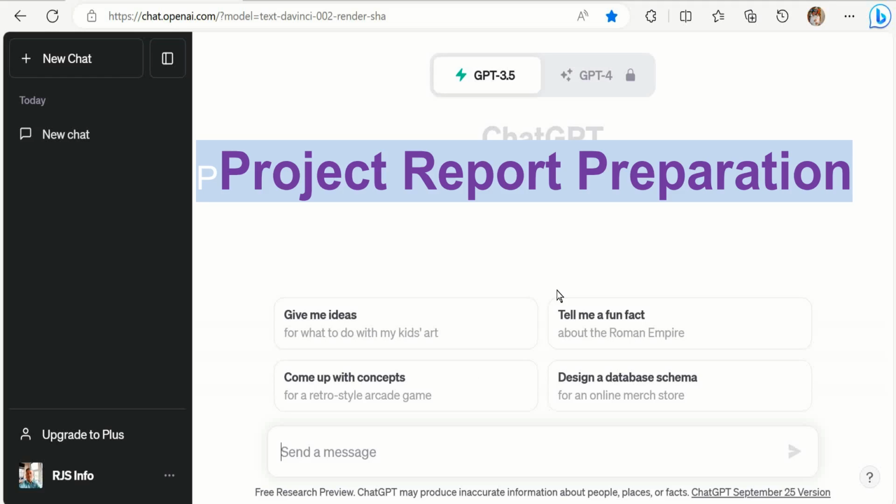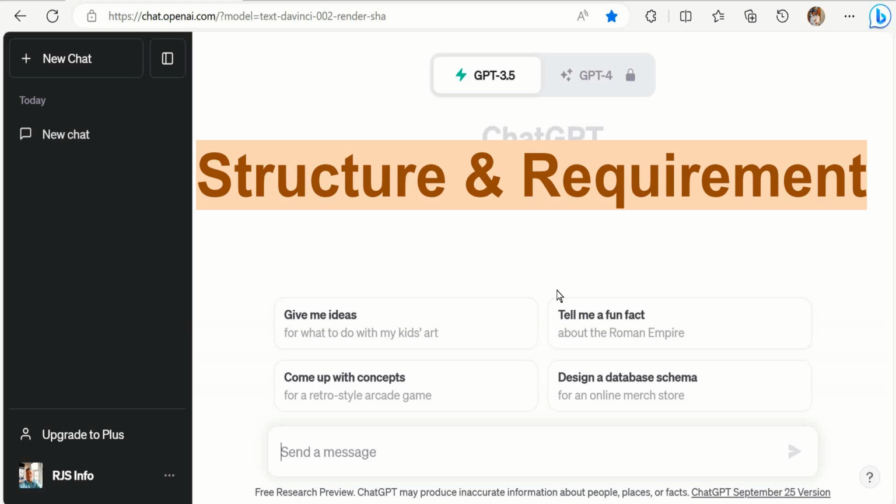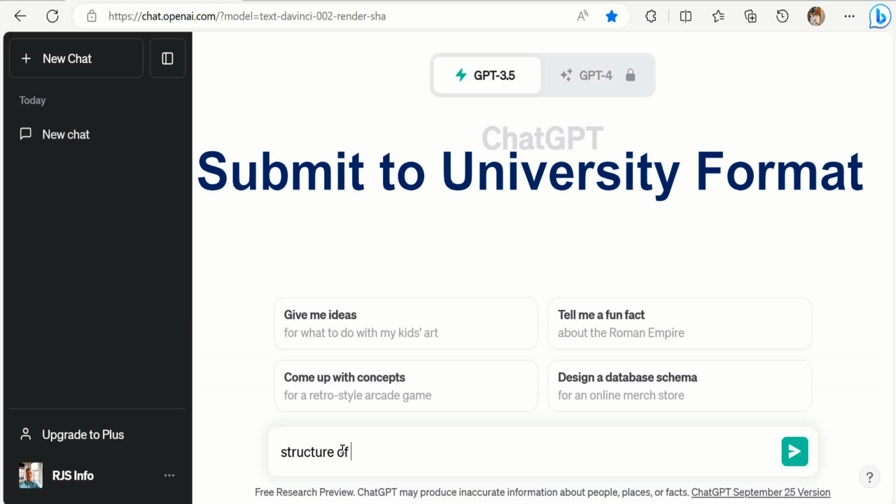This video is about how to get help from ChatGPT for preparation of a project report. The project report may be for medical, software, engineering, school or college. First, we have to check the structure of a project report. So let's check the structure of a project report